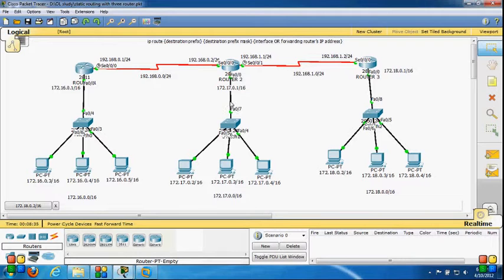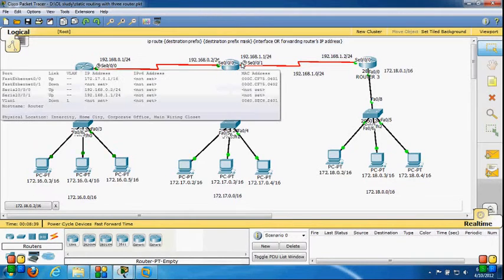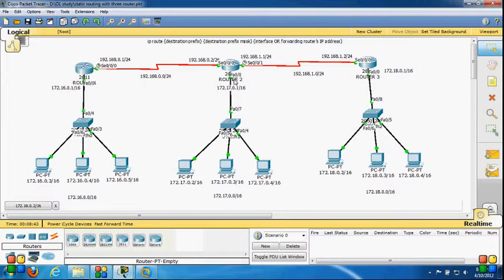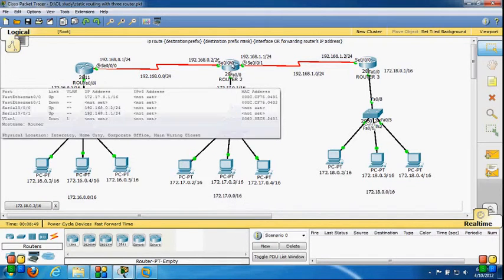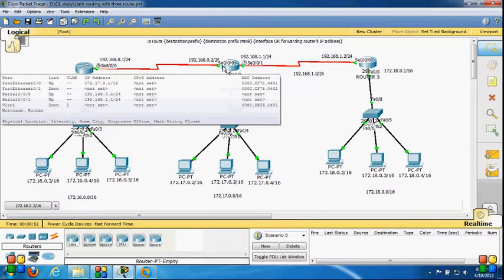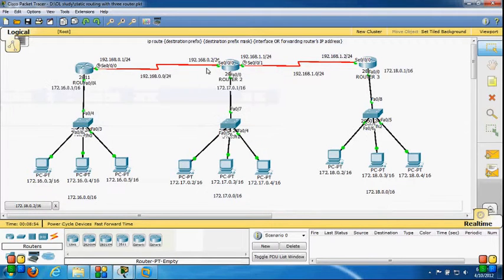I can provide the exit interface, or I can add a next hop. Next hop means that if I want to communicate with 172.17.0.0, I have to go through router 2's serial 0/0/0, so I have to provide the next hop IP address as 192.168.0.2.